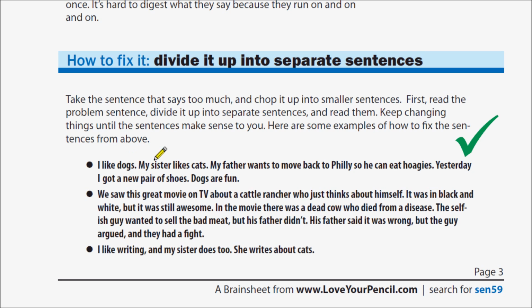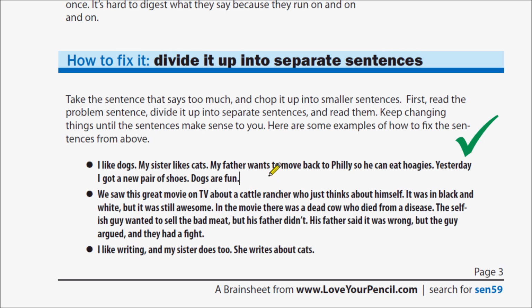I like dogs. My sister likes cats. My father wants to move back to Philly so he can eat hoagies. Yesterday I got a new pair of shoes. Dogs are fun. Now this is kind of a funny example. The sentences are jumping all over the place. Now you may read this whole thing and say, "Wait a minute, what the heck do dogs have to do with hoagies and shoes?" That's a different kind of a whoa. But if I say to you, dogs are fun,